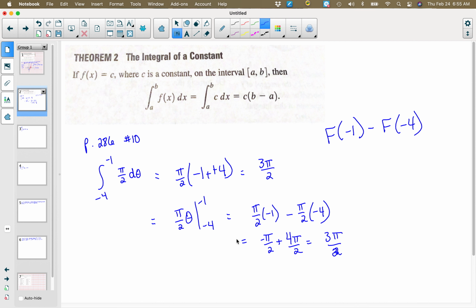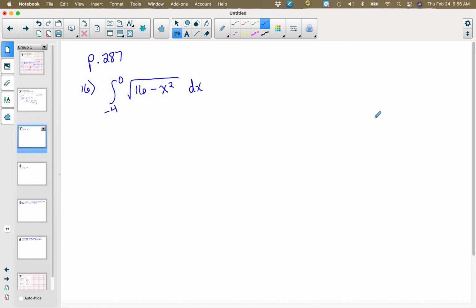Otherwise, you can do the antiderivative and do the way that we talked about in class. So I wanted to do a few more examples. This one, the directions say to use the graph of the integrand and areas to evaluate the integral. So obviously we could do fnInt on our calculator, but this is saying to use what you know about this. So you might look at this and go, well, I don't really know about this, but I talked a little bit about this. I did one in class, but I know you have one for homework,